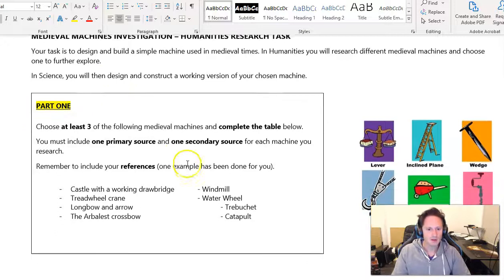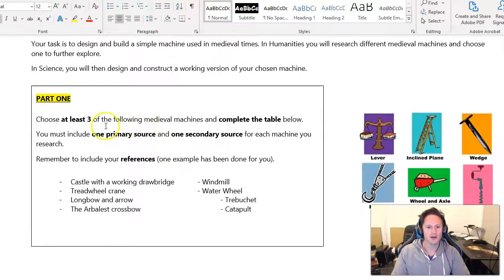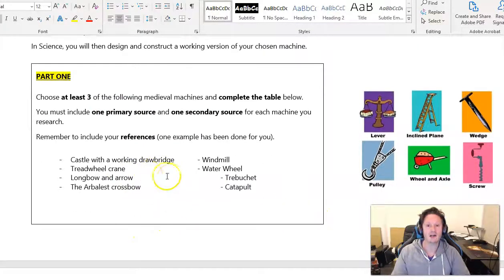Just reading through your humanities work, you're researching at least 3 different types of medieval machines. An example is a castle with a working drawbridge, a treadwheel crane, a long bow and arrow, an arbalest crossbow, windmill, water wheel, trebuchet, and catapult. What all of these have in common is that they have moving parts, and that's going to benefit us